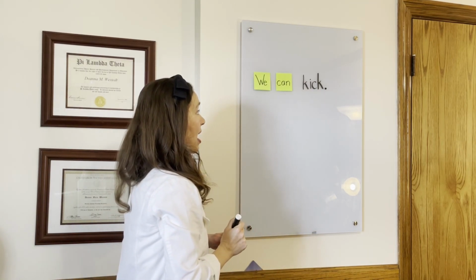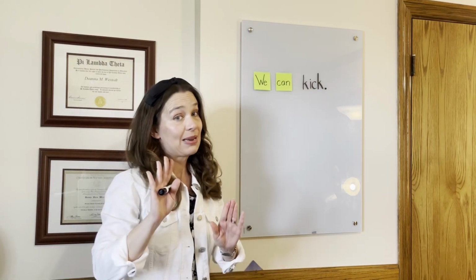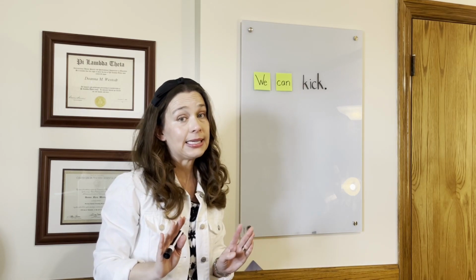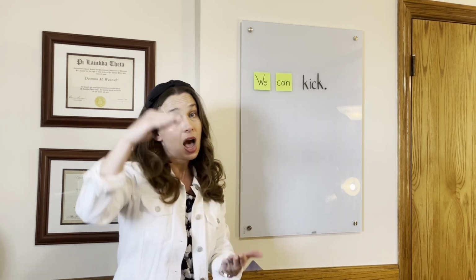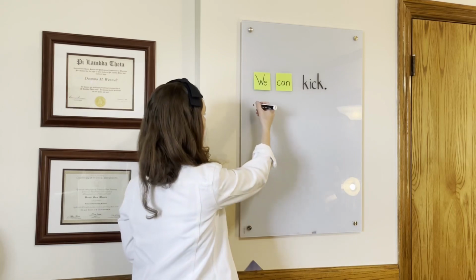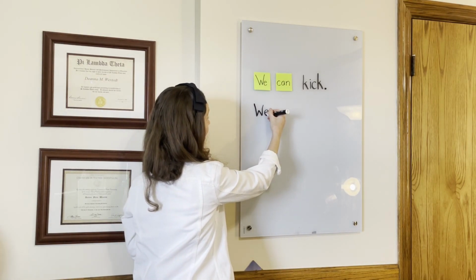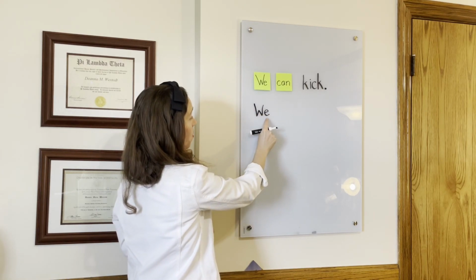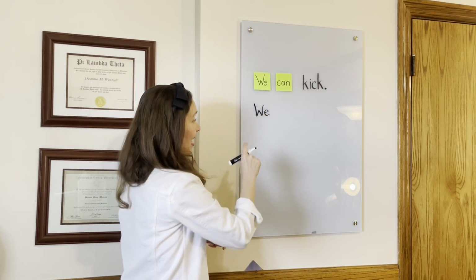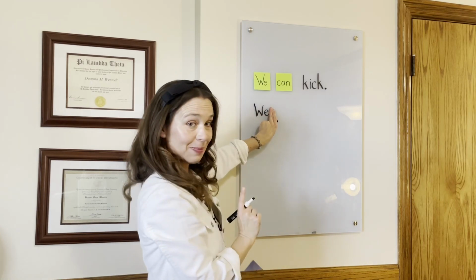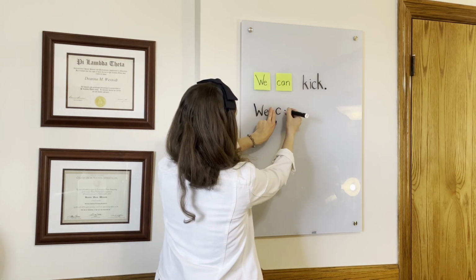All right, my first word is we, and it is the beginning of my sentence, so I have to start with an uppercase. My uppercase W. W-E, we. Put my two finger spaces, can,